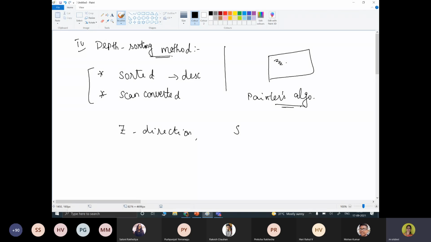Consider this one object and this another object: surface 1, let it be the surface S, and another, surface 2. Now we compare the surface S with the greatest depth against the other surfaces in the list, to see whether any overlap occurs. If there is no overlap, you can keep it as it is. In this example, there is no overlap between the surfaces S1 and S2, so no issues.